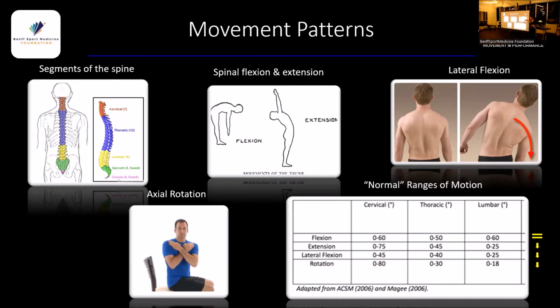I want to make it big. And then we have degrees of flexion, extension, lateral flexion, and rotation that exist in each of those segments of your spine. So when we look at flexion, everything is equal more or less. You have more or less equal flexion throughout your whole spine, theoretically, depending on the person. And then when we look at extension, backwards, you're